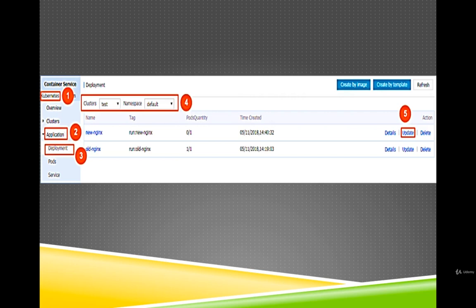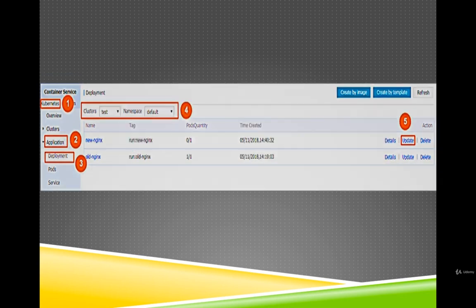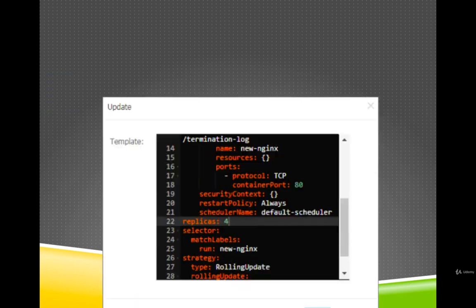In the displayed dialog box, modify the number of pods to 4. A point to note here, the update method of Kubernetes deployment resource is rolling update by default. Therefore, during the update process, the minimum number of pods that provide the service is guaranteed, and this number can be adjusted in the template you can see on the screen.